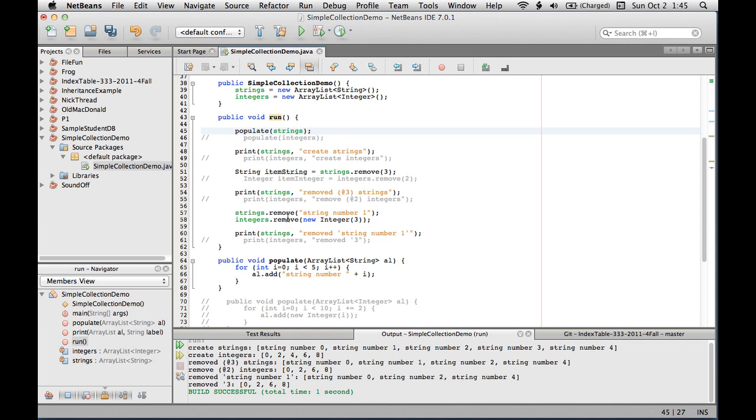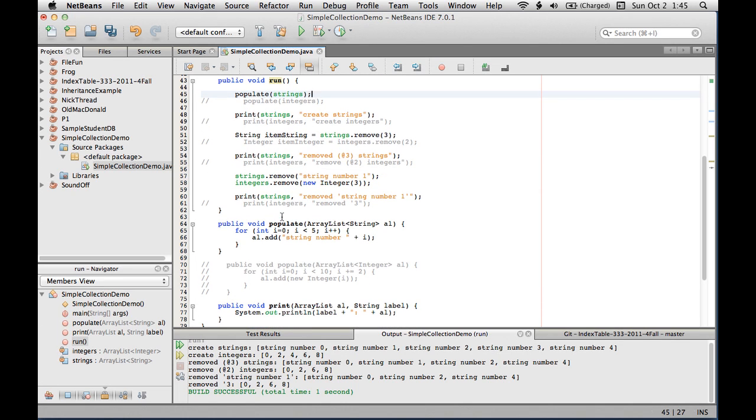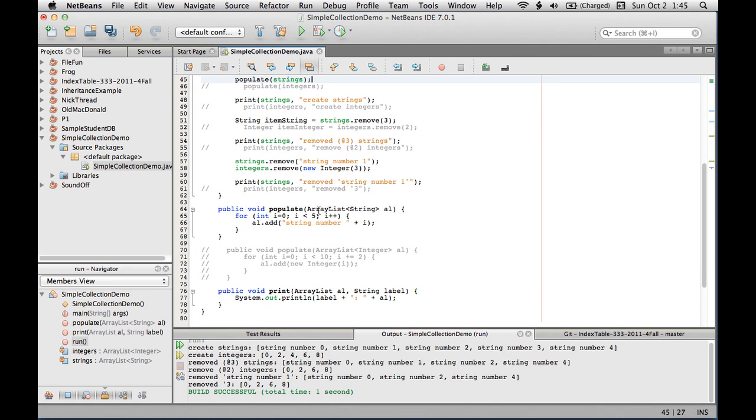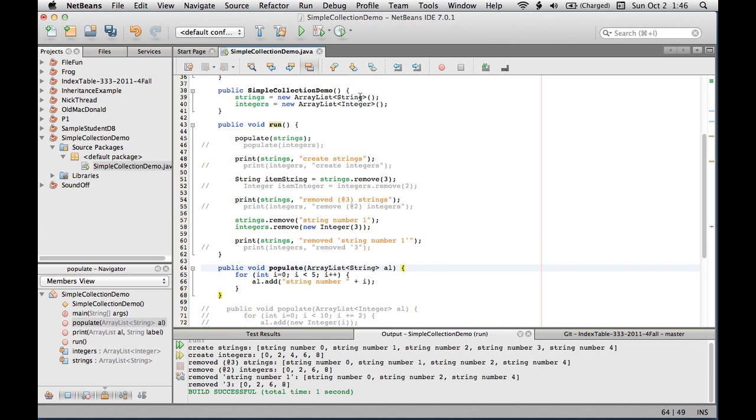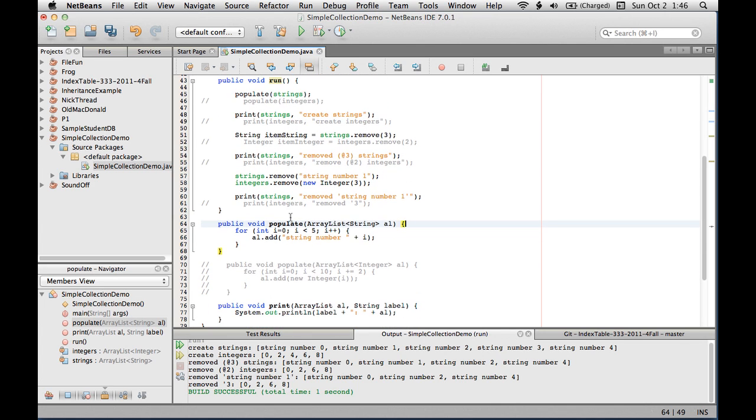The job of that, as we see down here, is to receive and populate an array list of string, which I'll call AL down inside this method. So that array list, which we just made, so it has no items in it, is sent down to this routine, and